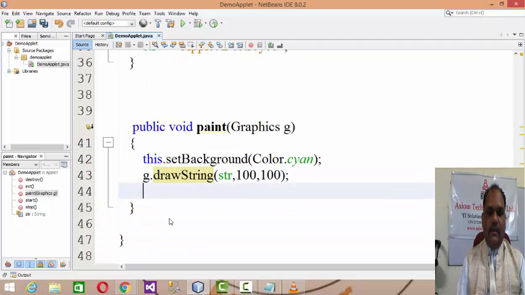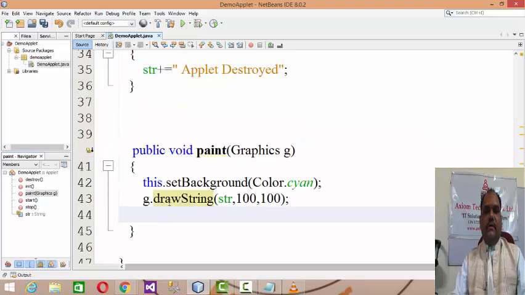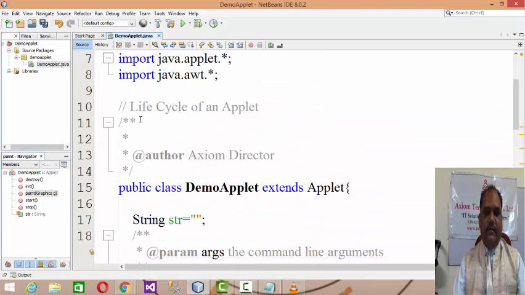And that's it. Basically what we are trying over here, our motive is to demonstrate the life cycle of an applet.